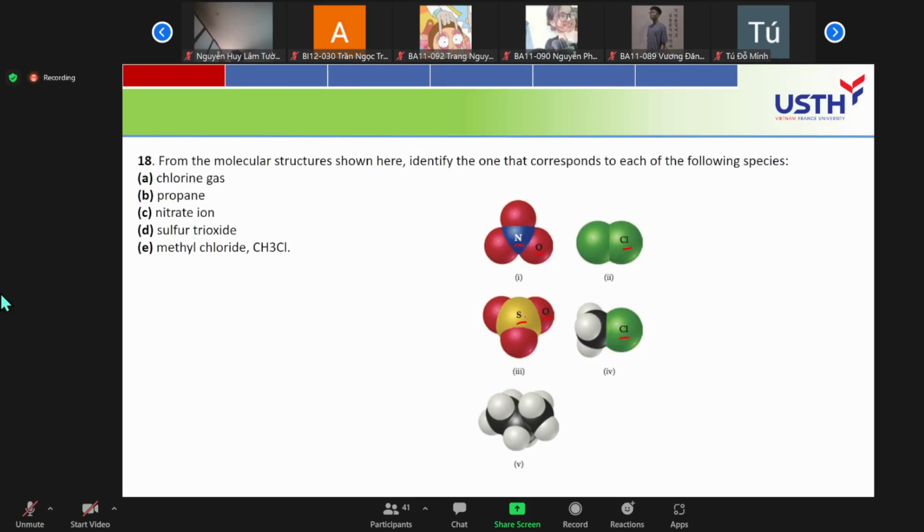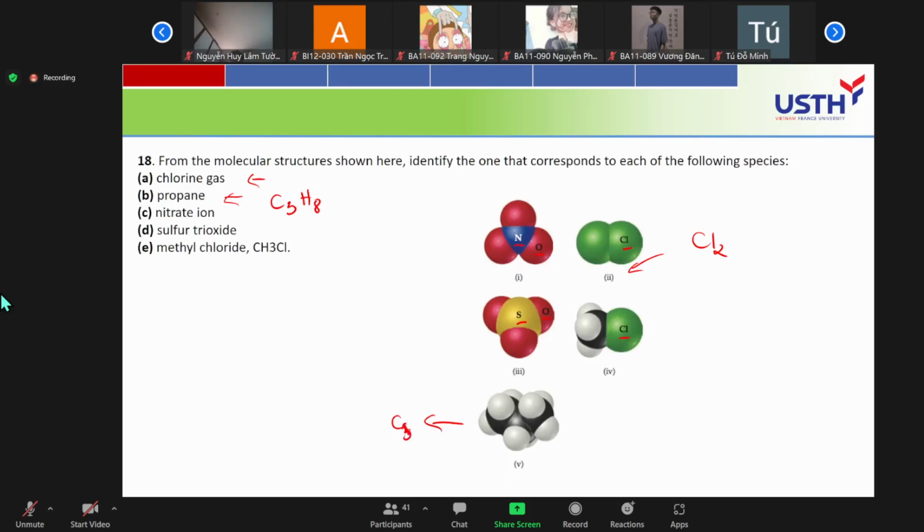The first one is chlorine gas, this guy, Cl2. Then the case of propane. Propane contains 3 carbons and 8 hydrogens, and this one represents propane